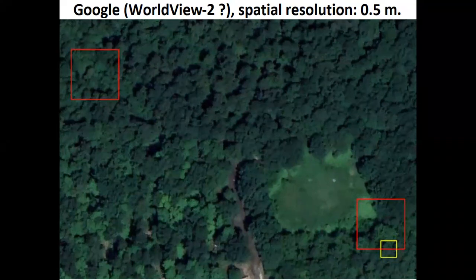And the yellow square is the pixel of Sentinel-2, which is also smaller than for Landsat, so that you could see more details with Sentinel-2, but still it will be some generalization compared to these high resolution images